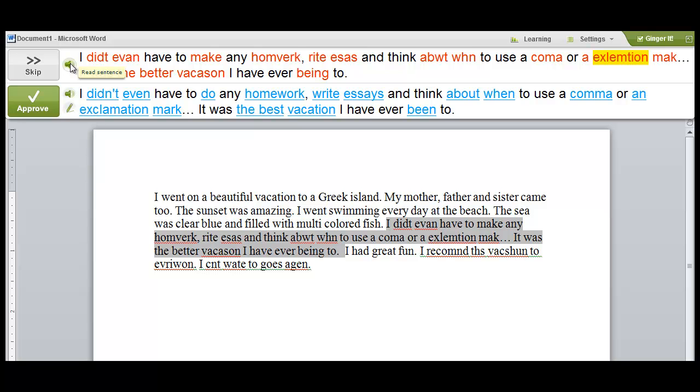the spelling. It was the better vocabulary I have ever been to. I didn't even have to do any homework, write essays and think about when to use a comma or an